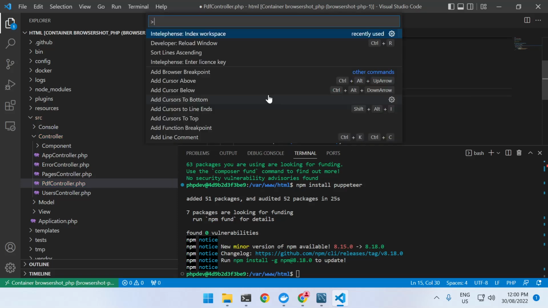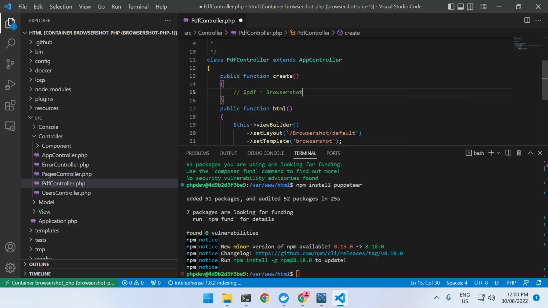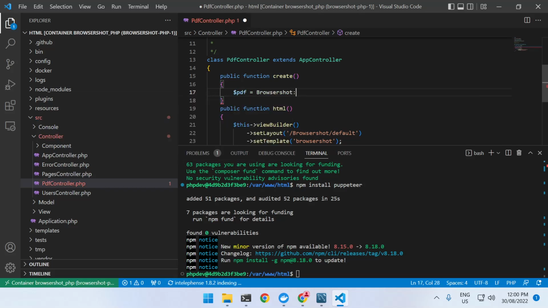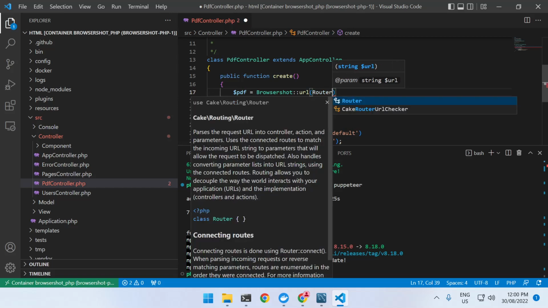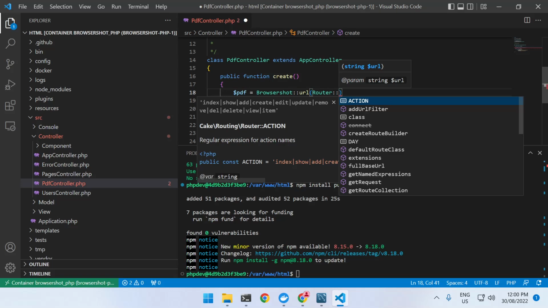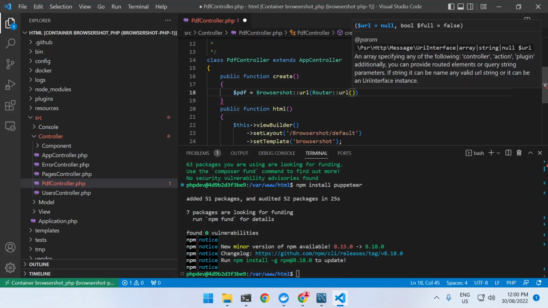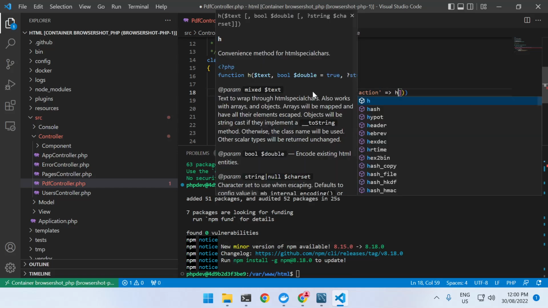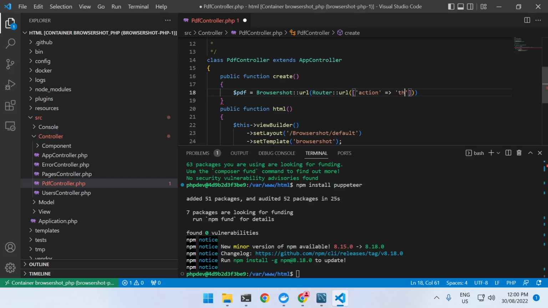So let's index our workspace again, using a URL. The URL that we want is, if we use the Cake router,